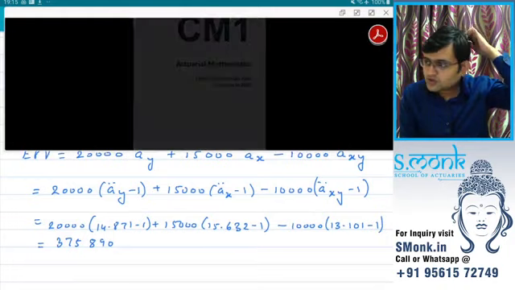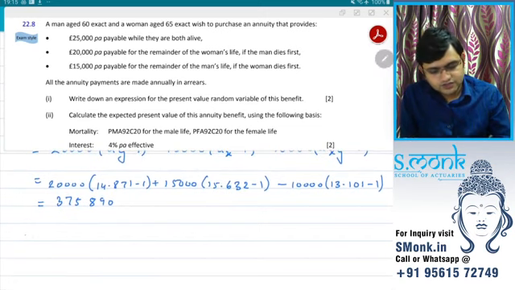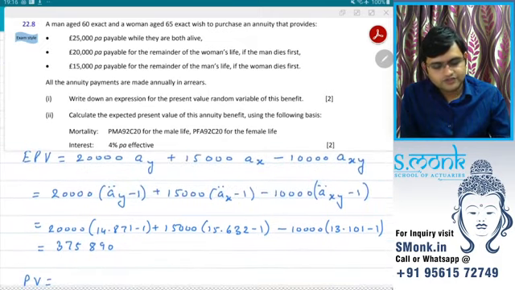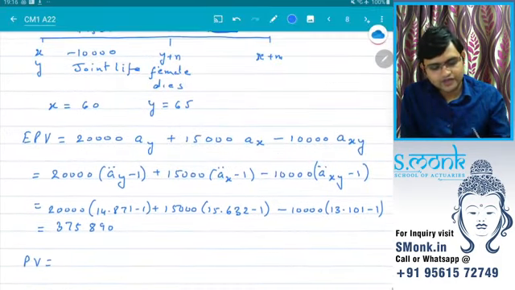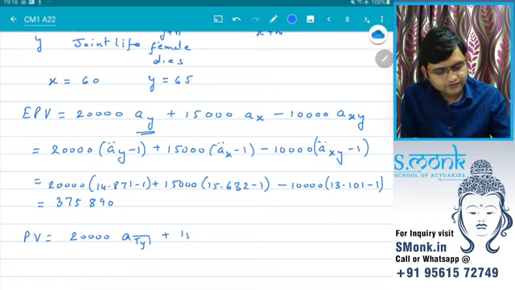Now they did also ask us to write down the expression for the present value of the random variable of this benefit in the first part. Okay, so first part they asked us to write down the present value. I always prefer writing from this. I have already made the expected present value. I can write present value. I'll say 20,000 times the present value of this would be A T Y arrears plus 15,000 A T X minus 10,000